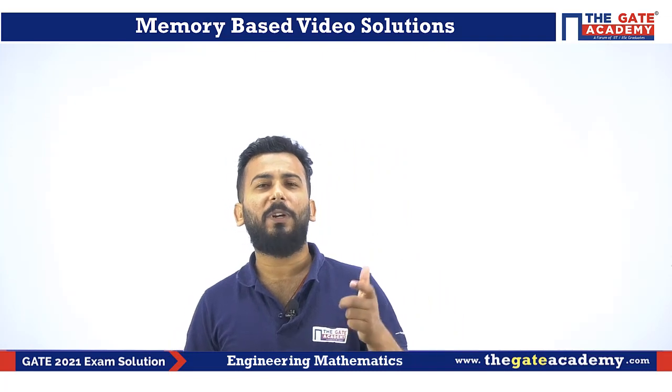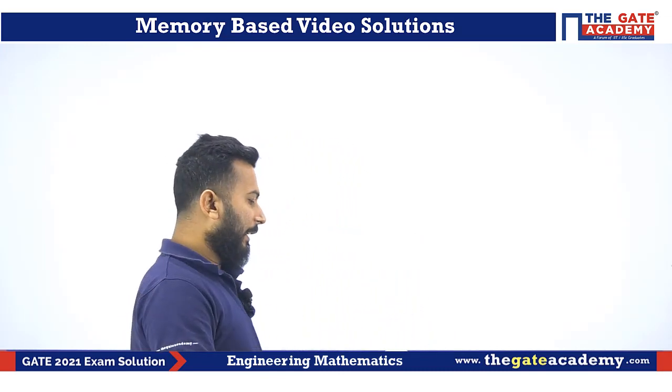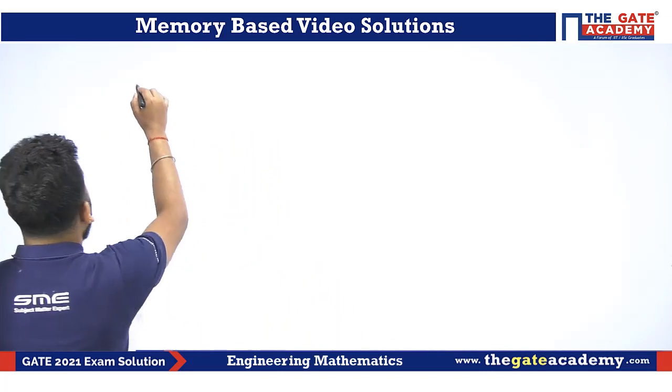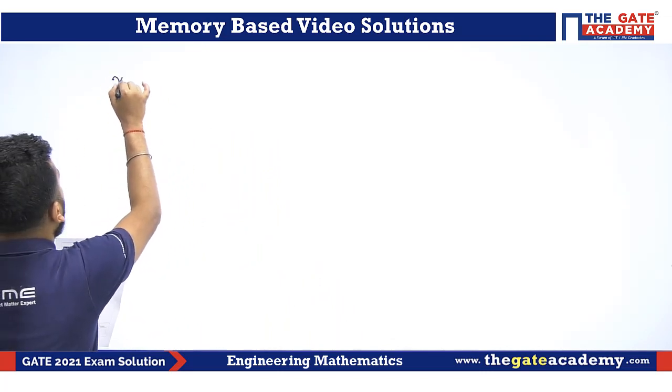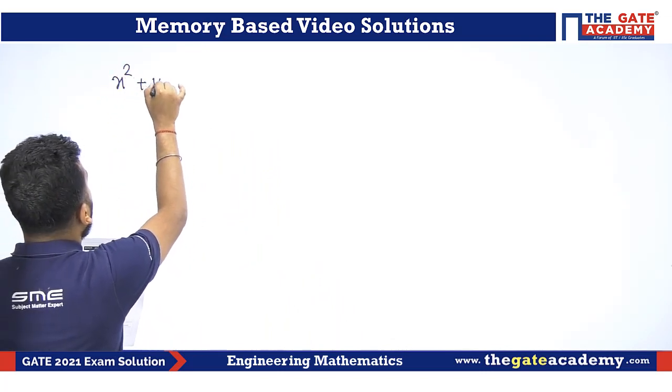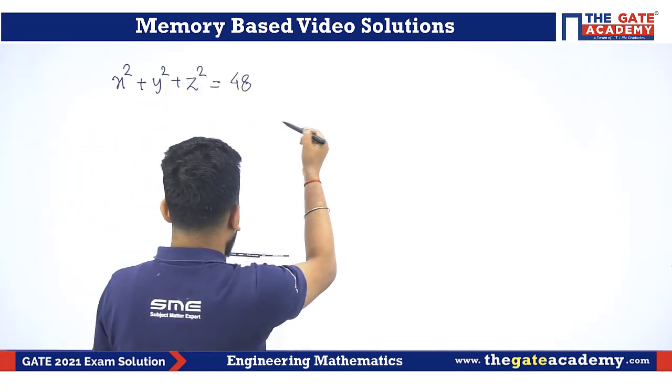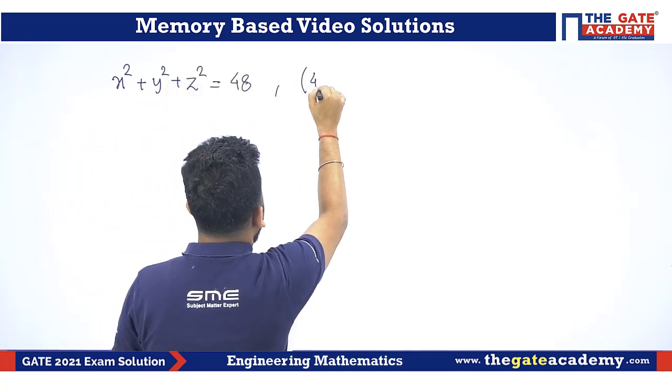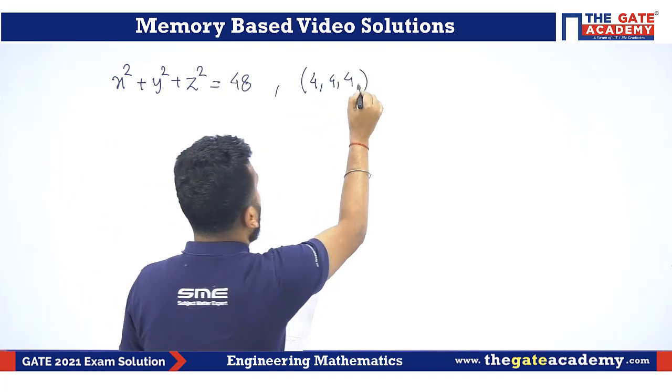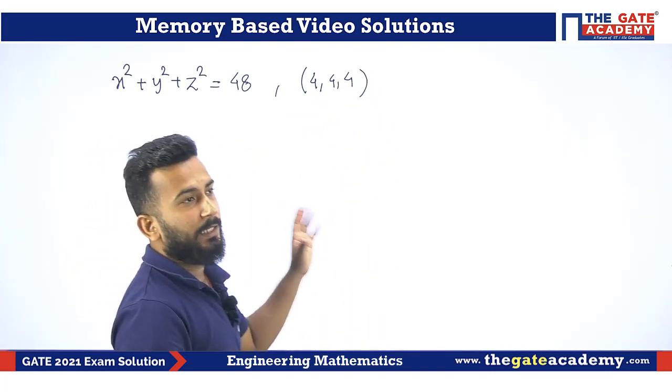The next question that I am getting is unit normal vector. Well, a question from vector calculus. Everyone knows that questions do come from vector calculus. It is a no-brainer, right? Questions have to come from vector calculus. The question is, a surface has been given to you in this form and its unit normal vector has been asked at the point 4, 4, 4. Unit normal vector, and this is the surface given.